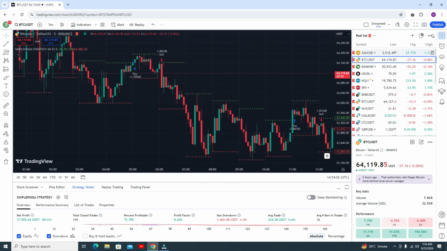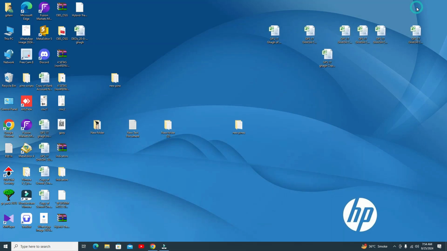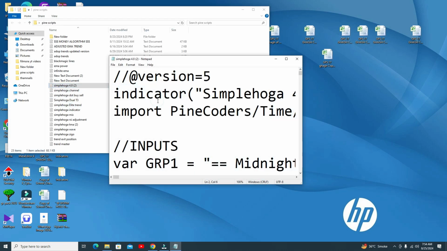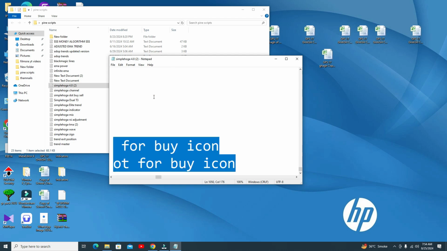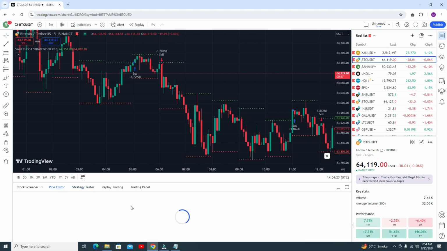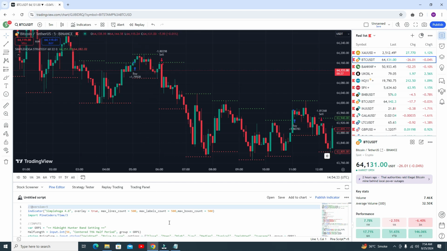I need to add one more indicator, and you will get the accuracy around 90 to 95%. First go to the Pine Script, and here you will see the indicator. You need to add this indicator. Press Control A, Control C to copy the code, go to the Pine Editor, and add the code there. Wait a few seconds. I will make this a very quick and short video. I will not make a long video.